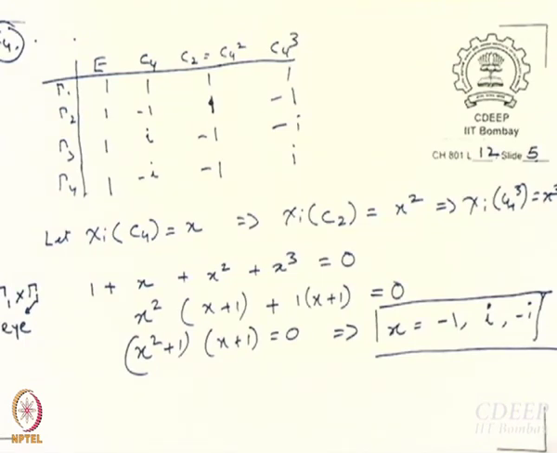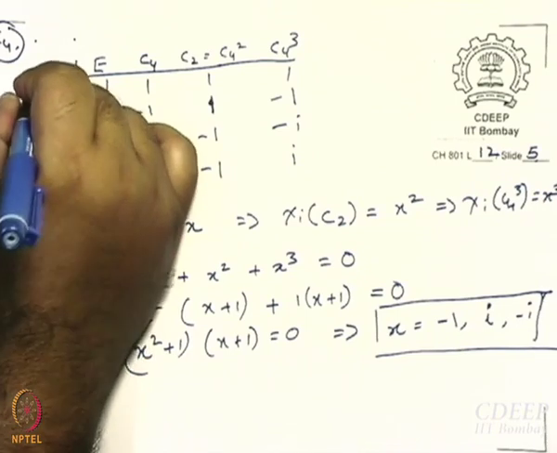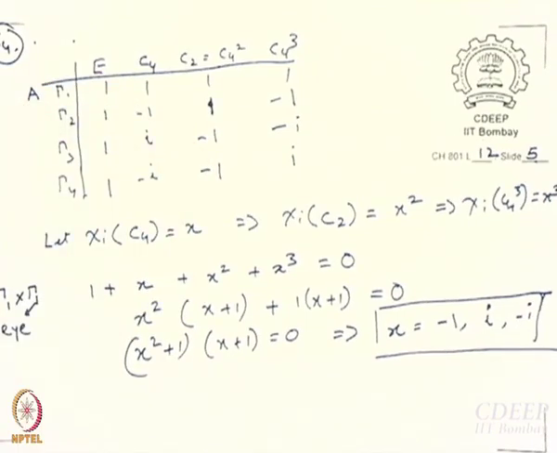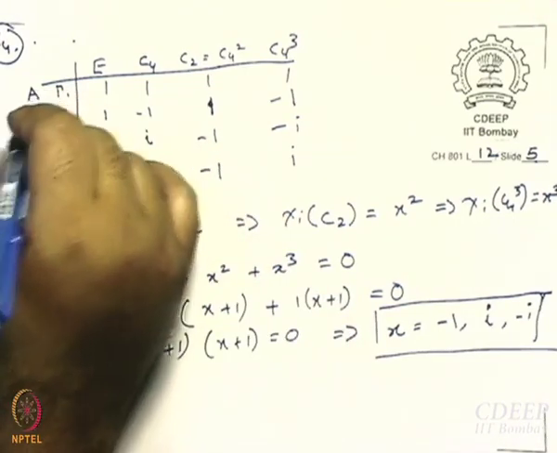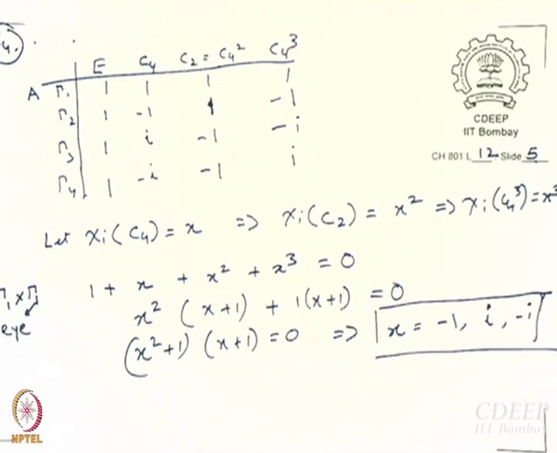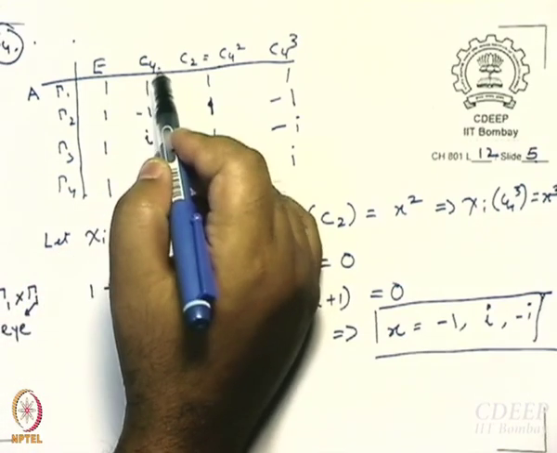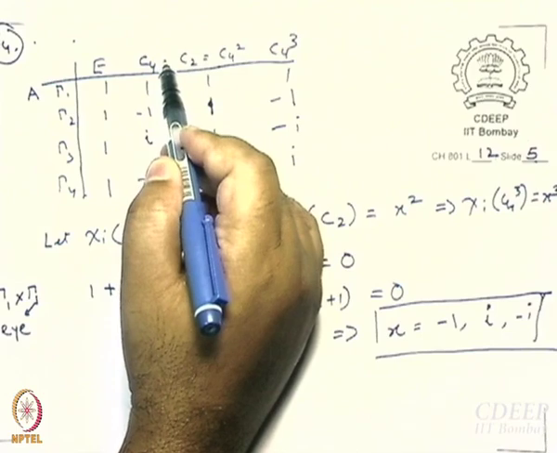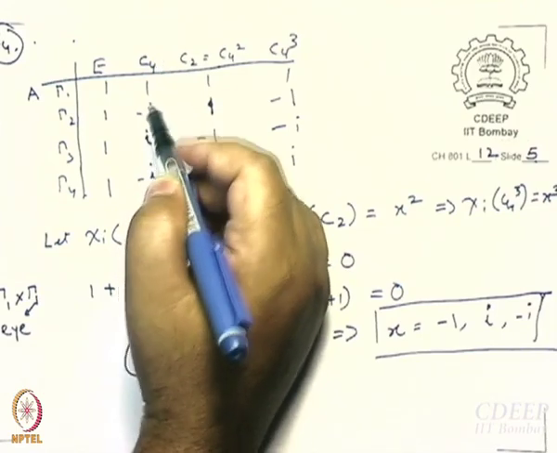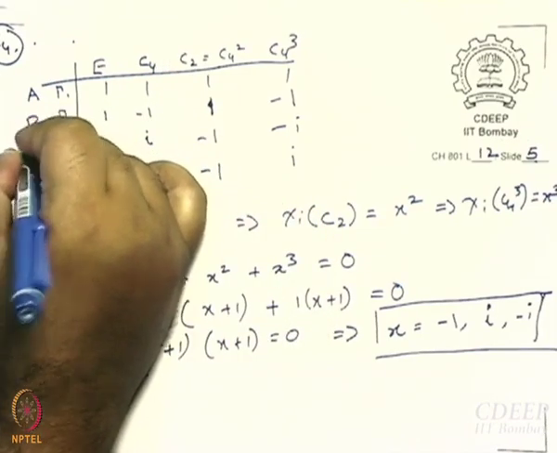Even this is very nice and symmetric, isn't it? 1, i, 1, minus i and all that. Now, can we write the Mulliken nomenclature? First one is easy. I will write A. Do I need to write 1? Let us see. What is the second one? Gamma 2? Second one will be B, right? Because the character of the principal axis is minus 1. So, antisymmetric. So, this is B.